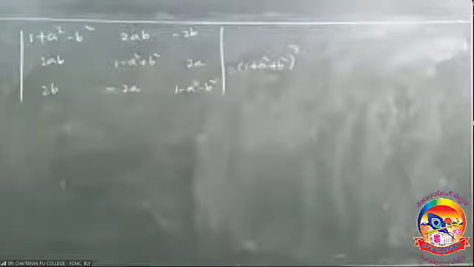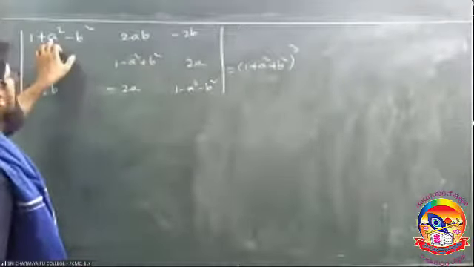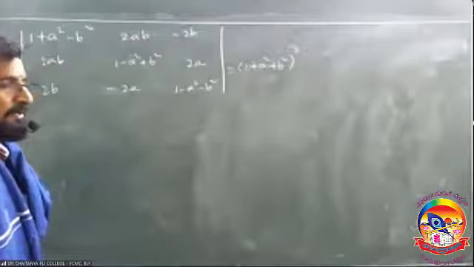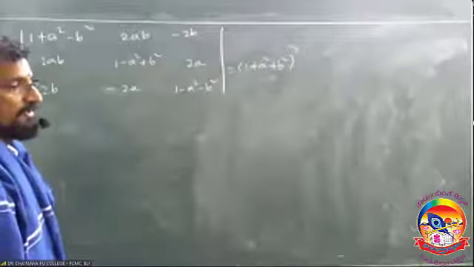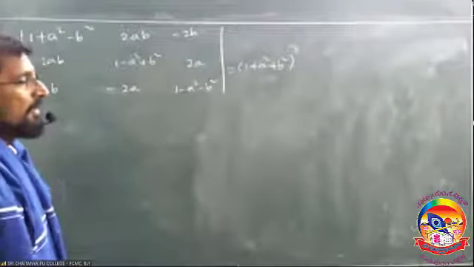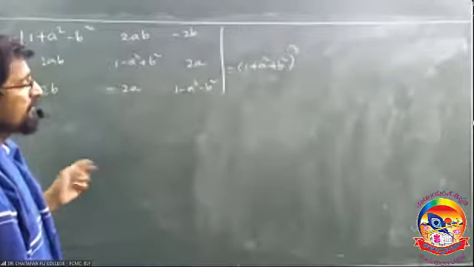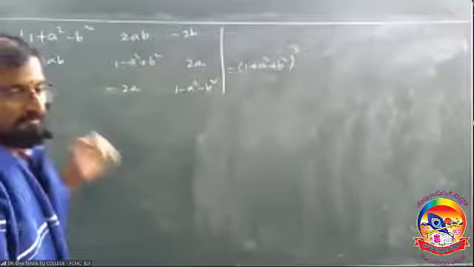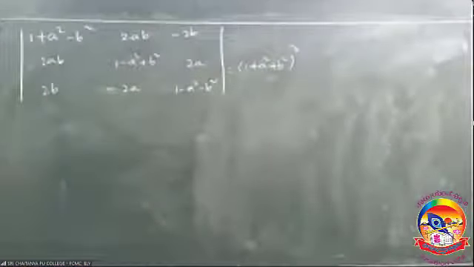Which operation is to be used to get 1 plus a square plus b square? Observe here, you are having 1 plus a square minus b square. Only 2 steps is the answer. After those 2 operations, you should go through the normal expansion of determinant. You are going to get the answer. Check once which operation is to be used. Take your own time, 2 minutes. Take 2 minutes time to expand.